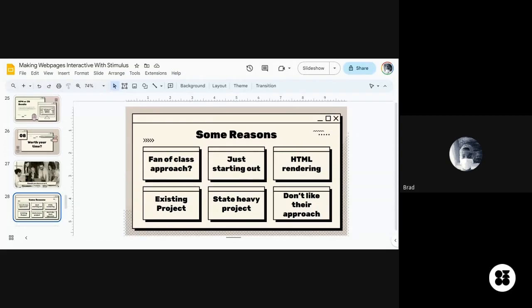say you are working in a company, or you had a project where you're starting out and you were building with HTML and JavaScript and you want to go back and touch it, you can use Stimulus. Yeah, handle events better and do something better.